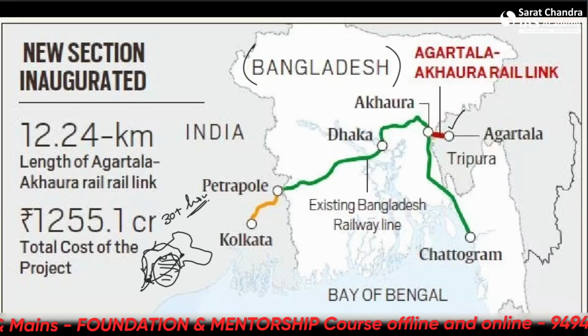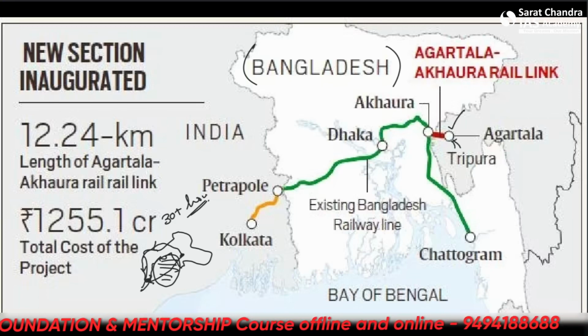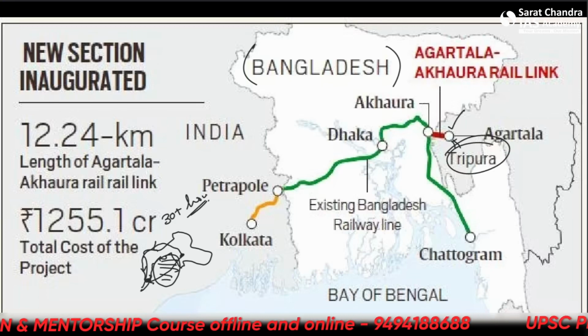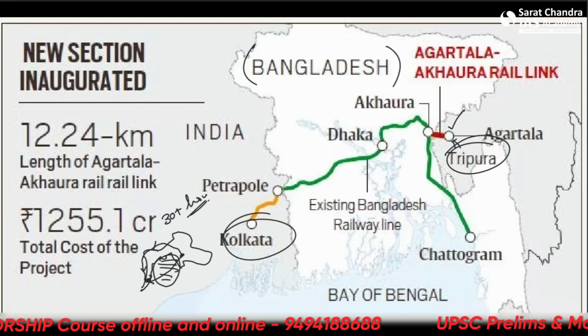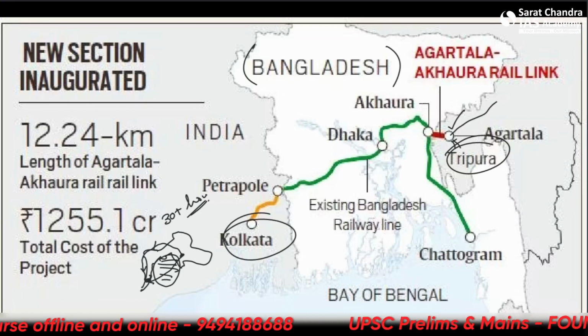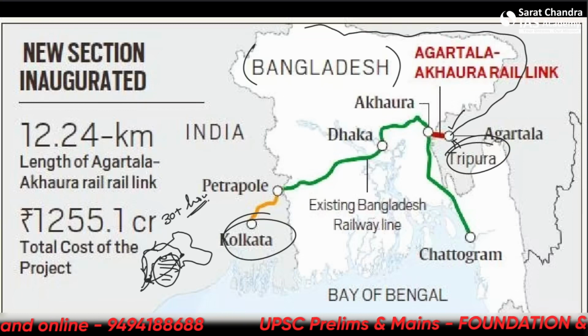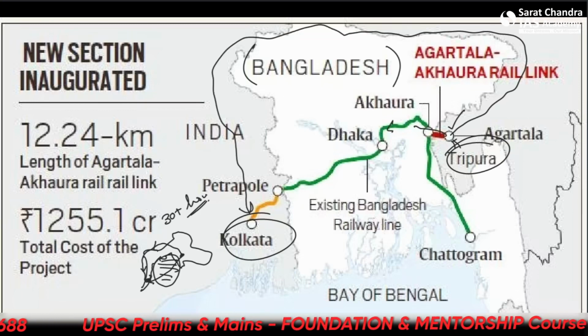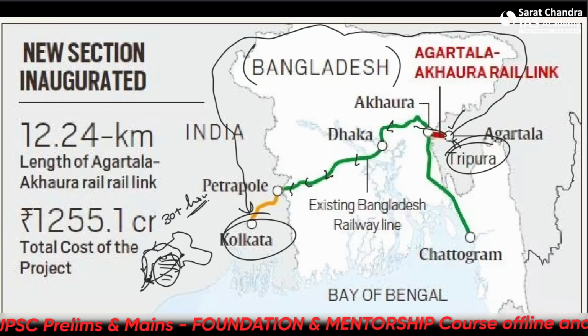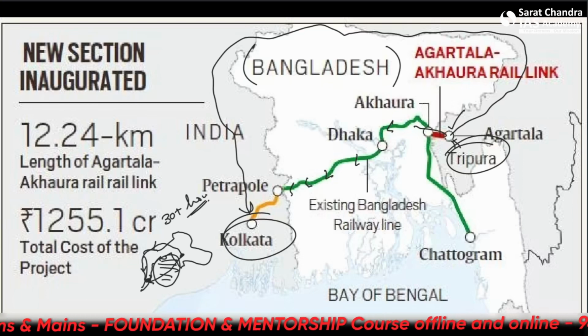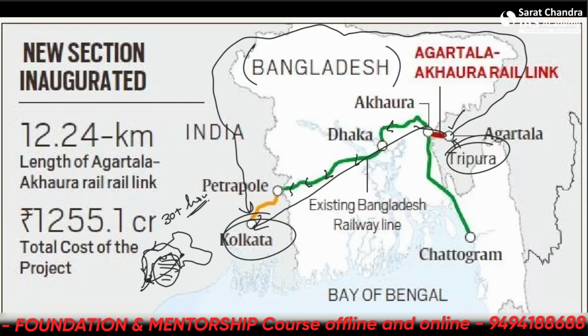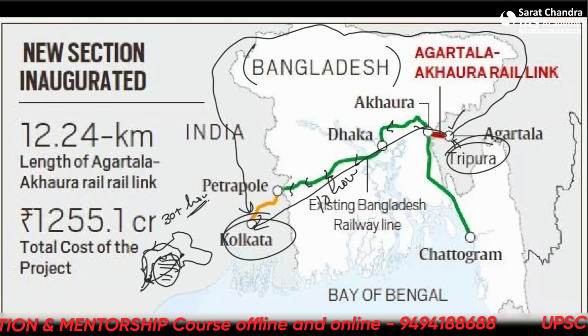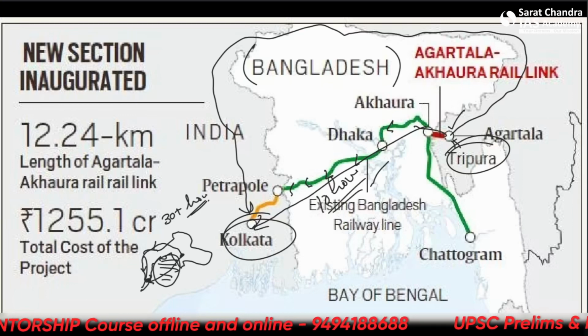This is Agartala here, Tripura's capital. This is Tripura. So Agartala here, and we want to go to, let's say, Kolkata. We have two options. Either we can come like this, or we can just come like this. But this will be an international transit when using Bangladesh. This will take us around 10 hours to come here directly. Alright, so remember this mapping.